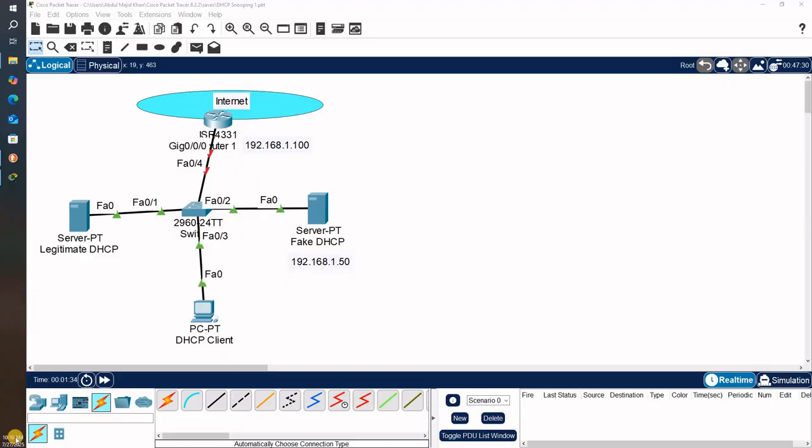Welcome to the video on DHCP snooping. Here, first we will discuss the DHCP spoofing attack, the man in the middle attack, and how DHCP snooping prevents this type of attack. Here we have a fake DHCP server, IP address is 150, and this is our default gateway, the router to the internet. The client will access the internet through this default gateway, which is 100,